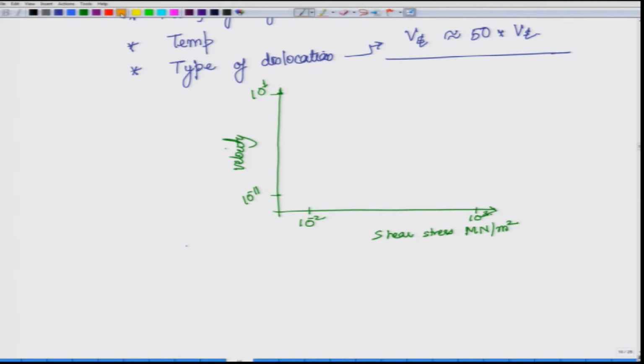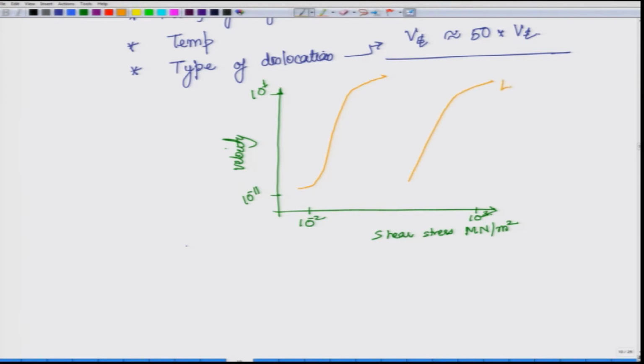And some of the materials which have been largely studied include NaCl. So, for NaCl a plot like this is seen. Keep in mind that over here we have a log scale, not a linear scale. In the log scale you see a linear region and there are two tails of this, one on the higher end and one on the lower end. Similarly, you would see something like this for lithium fluoride.